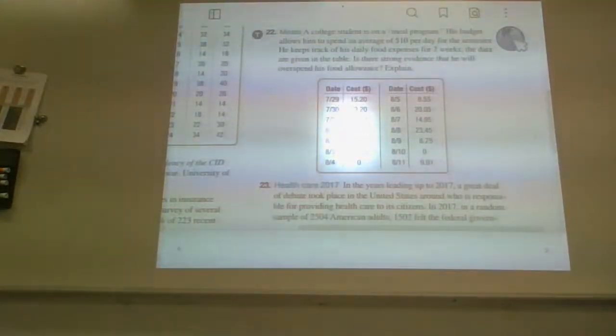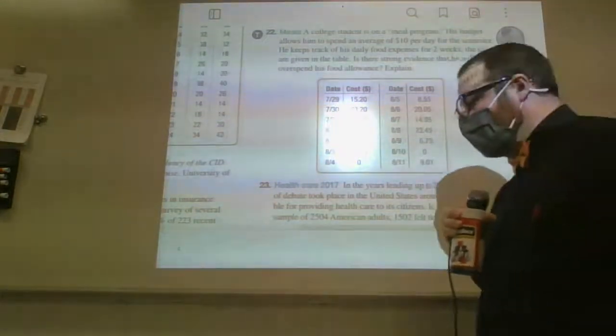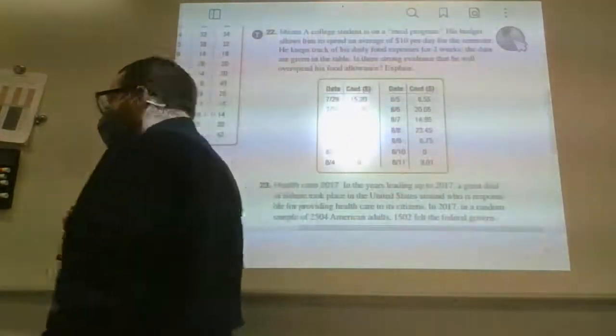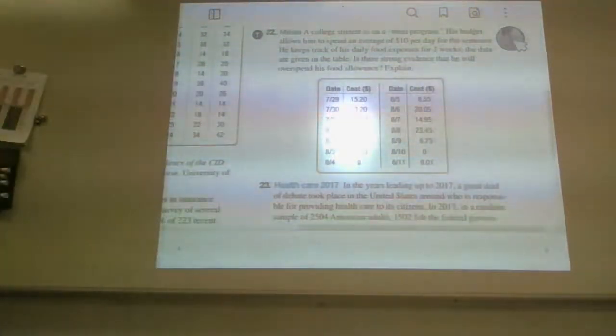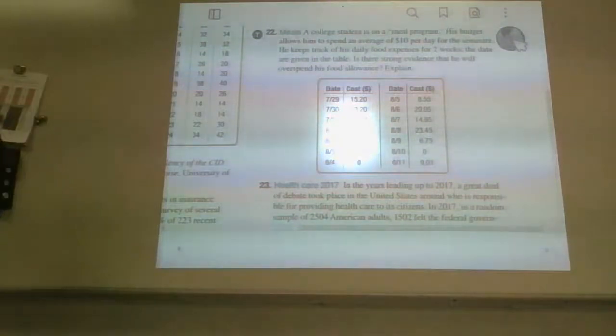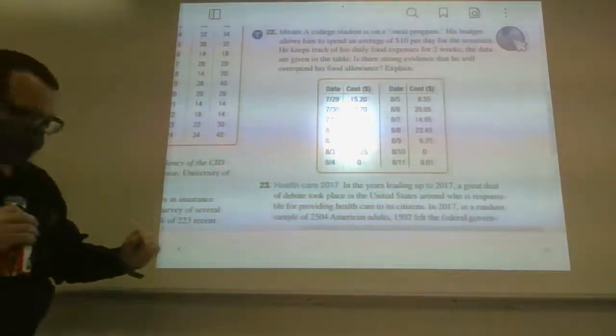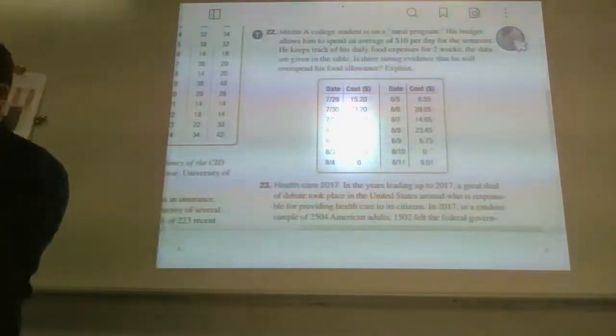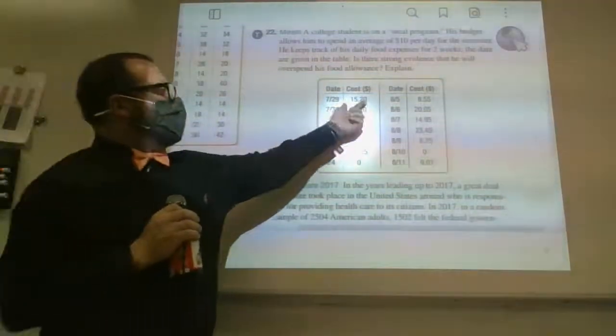You would still have to perform some kind of a calculation with the aid of the calculator, of course, which I'm going to walk you through. And you would have to come to a suitable conclusion. So technically, you can't go wrong with either one, but you would still have to go through a lot of similar steps. Now, for this particular problem, I'm just going to start without even writing anything down. I'm going to start by going to my calculator. And I'm going to type into list one.